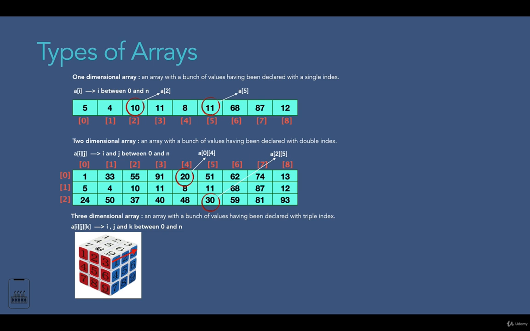In case of three-dimensional arrays, the values are declared with three indexes, because as we said, we have depth over here. Three-dimensional array reminds us of a cube with the numbers on it. And if we look carefully, we can see that each face of this cube is composed of a two-dimensional array, which means that a three-dimensional array is a combination of two-dimensional arrays. In the real world, one-dimensional and two-dimensional arrays are used very broadly, but three-dimensional arrays are rarely used. So let's see how we can access the elements of a three-dimensional array.